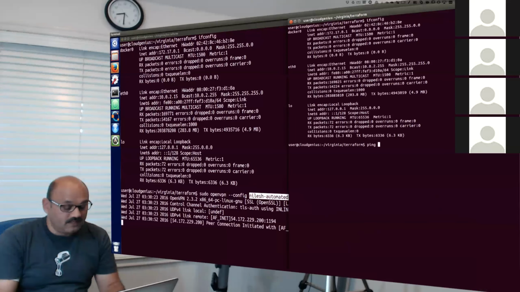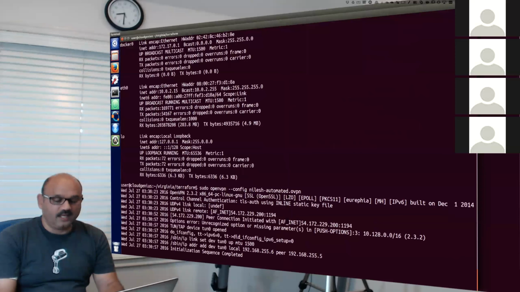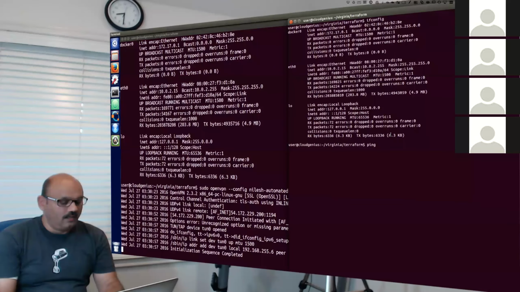Yeah, it is still establishing connection. So it is peer connection initiated, and now connection sequence completed. And now we have a new adapter popping up. You see a new adapter popped up here, tunnel adapter.